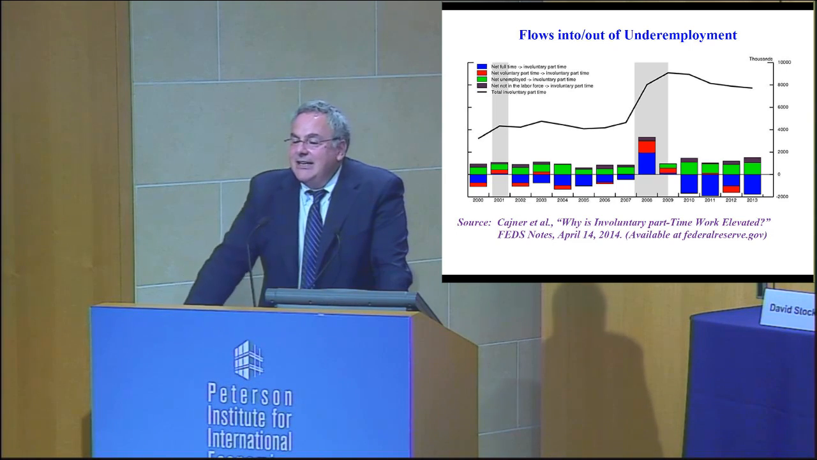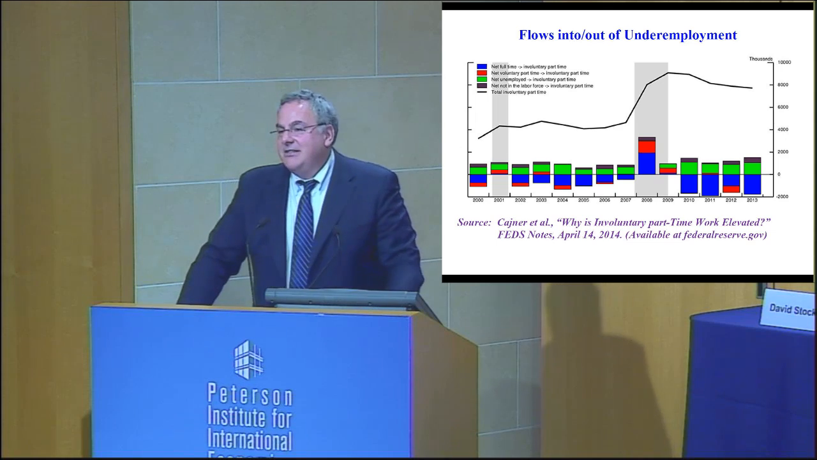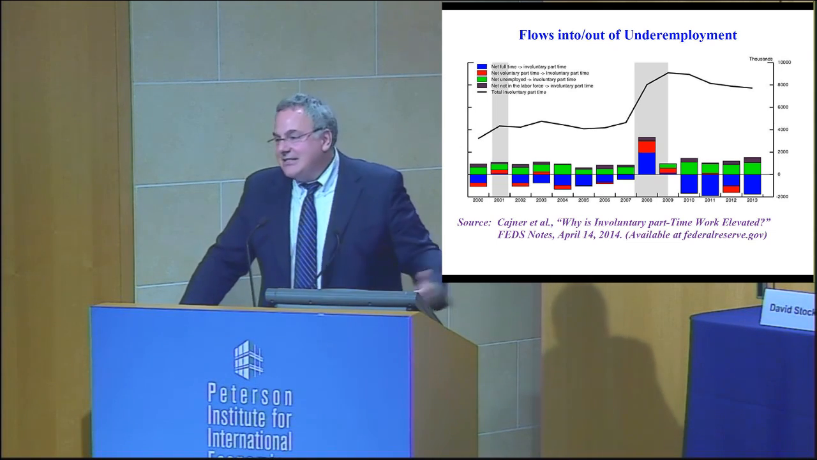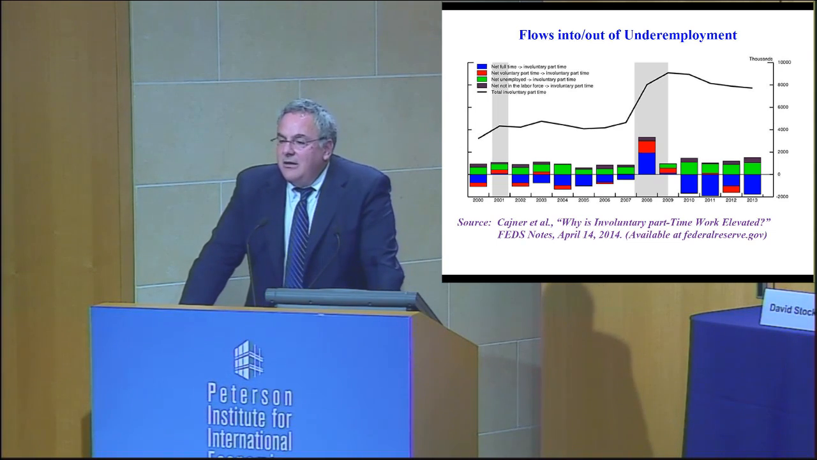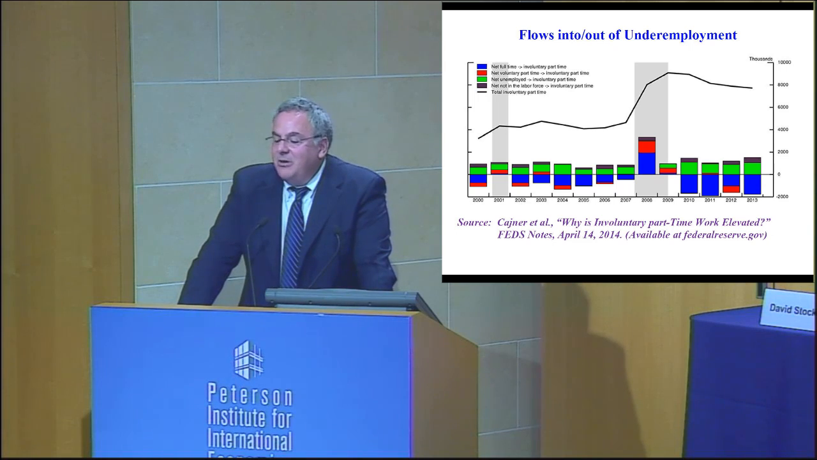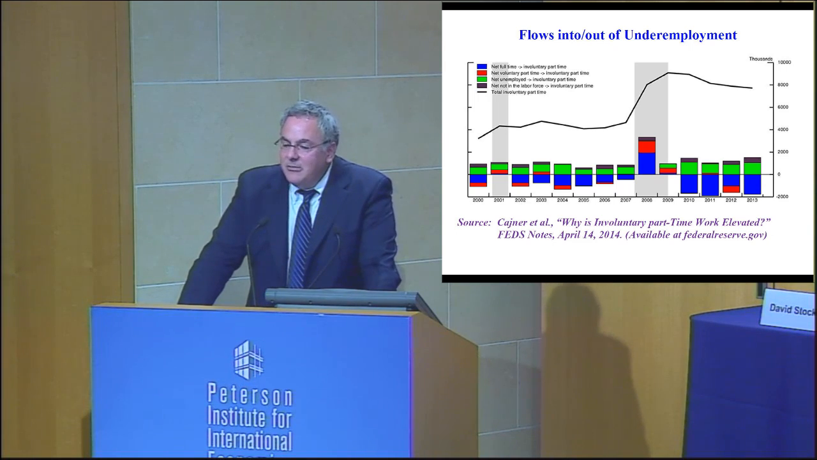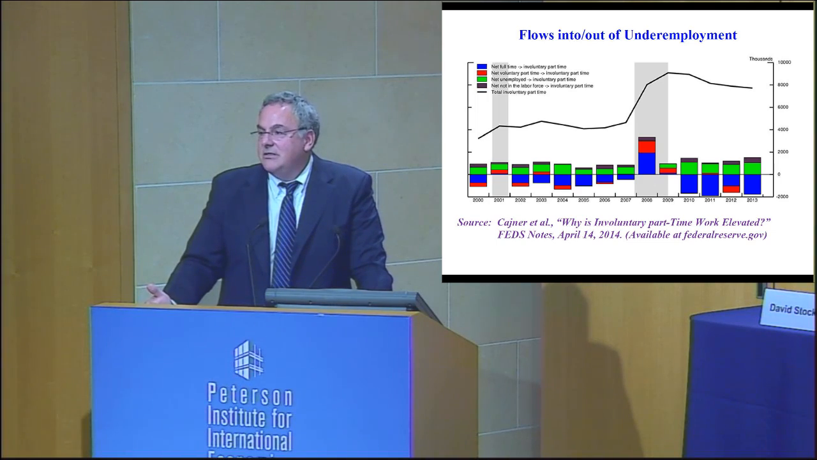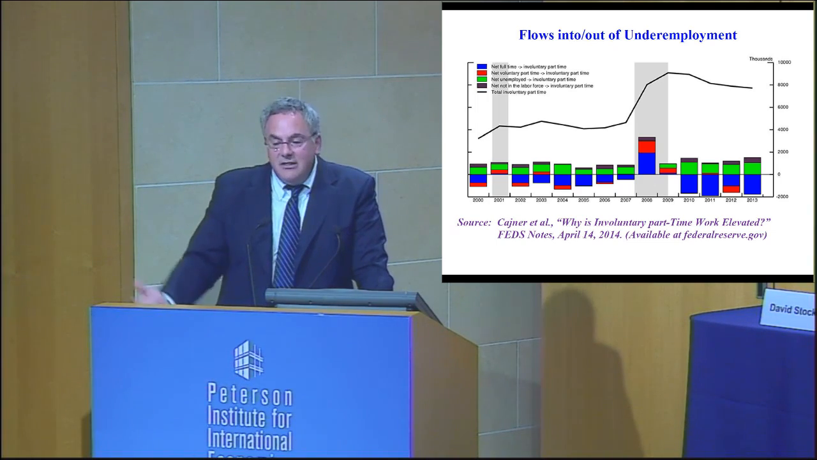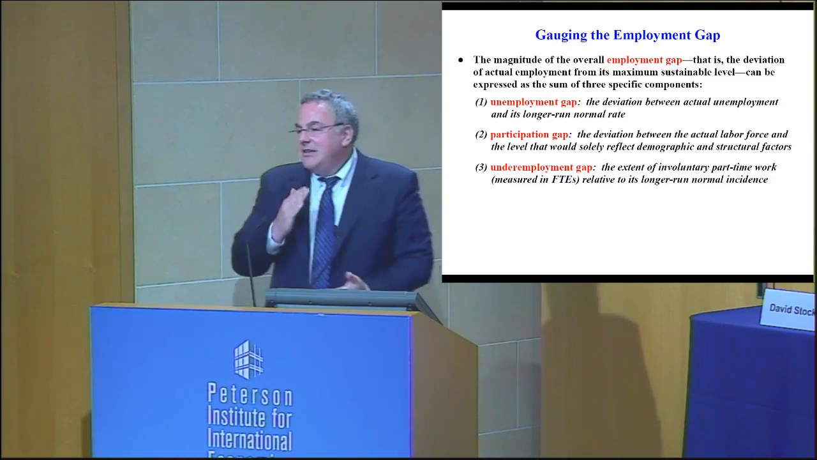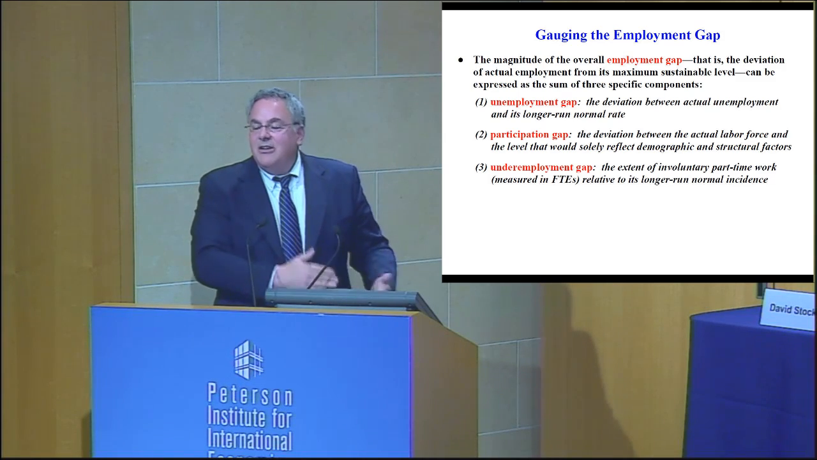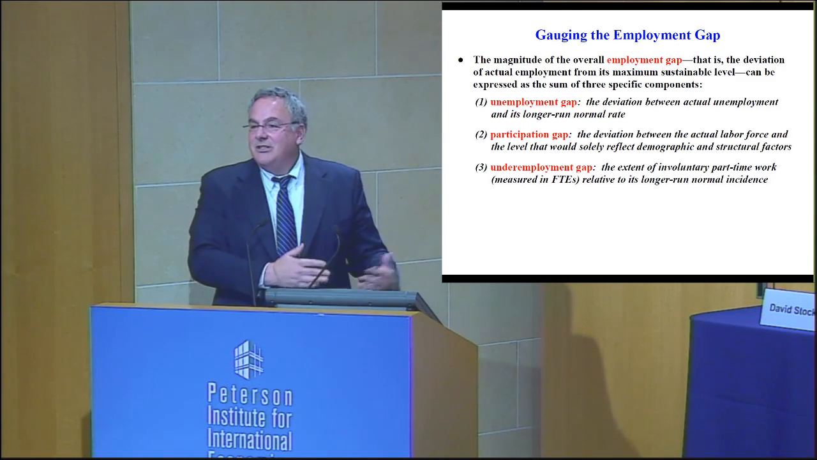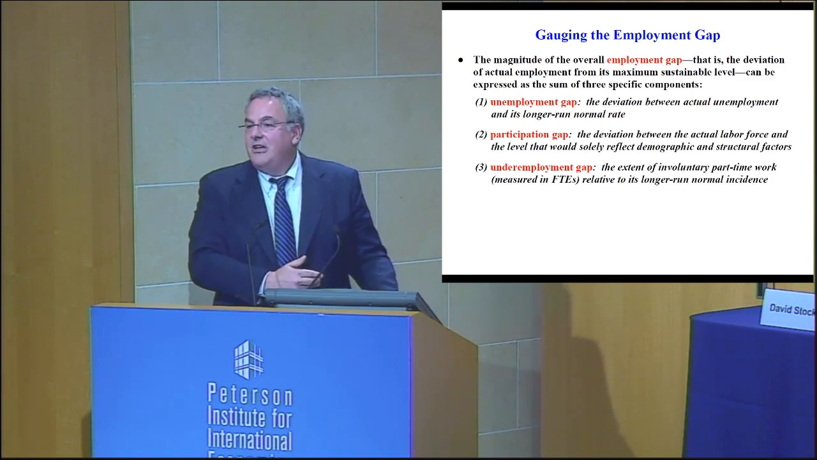So let me just say that I'm not very satisfied with U6. I think it has its own purposes. But I'll just identify two specific problems with U6. One of them is that it adds in marginally attached and discouraged workers, which is a good thing. But the only problem is those definitions are restricted. In order to be called marginally attached or discouraged, you have to have searched for a job in the last